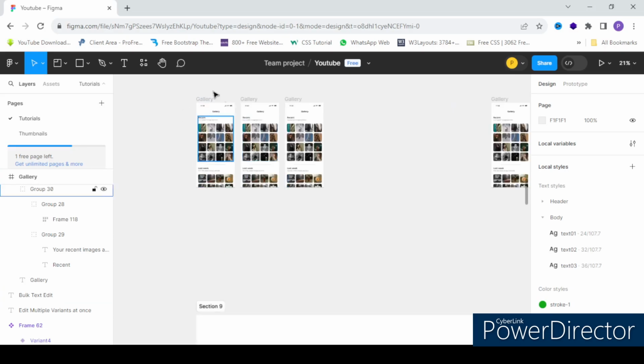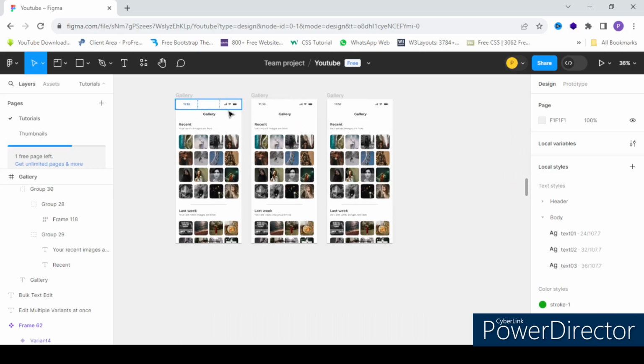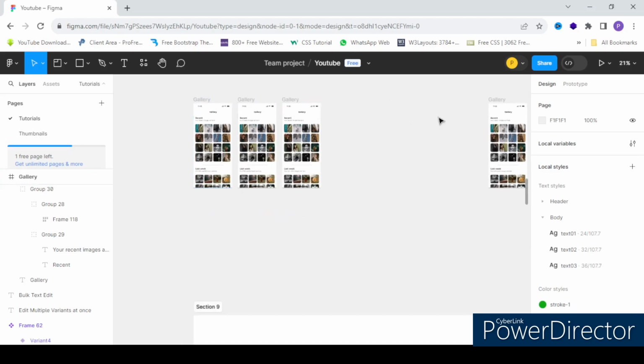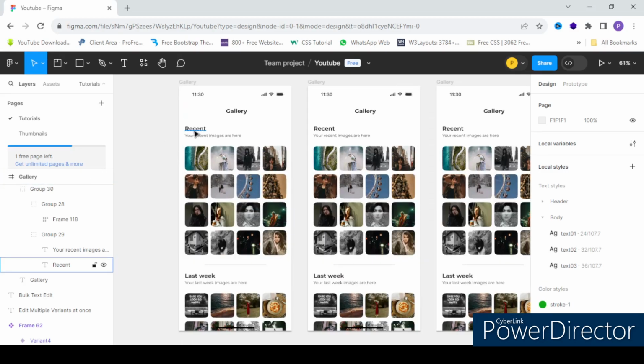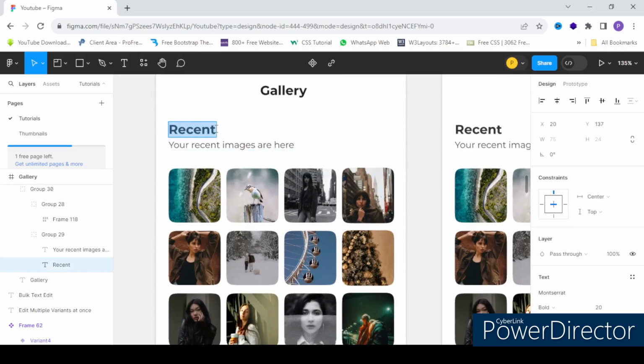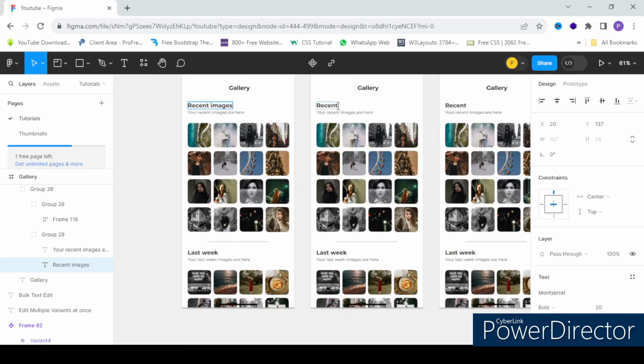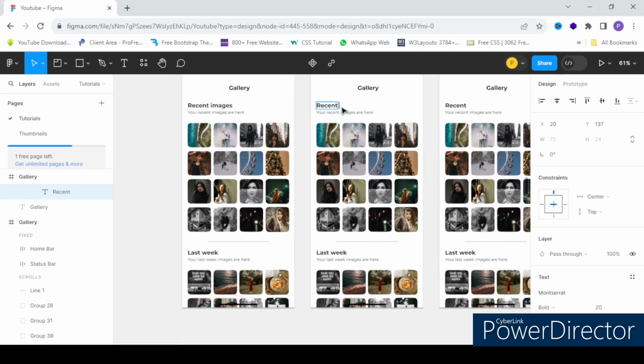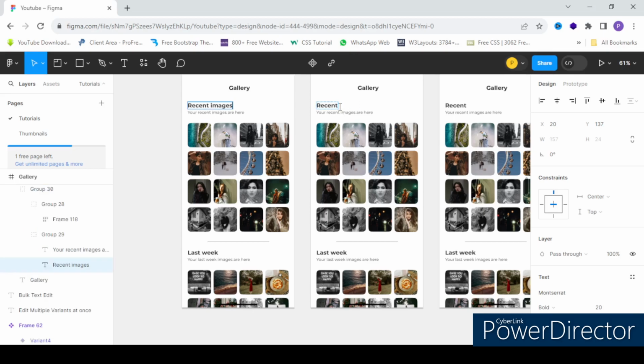For example, this is the frame, right? You see some of the matching layers are there. For example, I want to change this one. If I do it manually, for example, I want to just add here "recent images". Now I want to do this same thing with this frame also. Now I have to manually do this, right? Instead, now with this feature, what we can do is